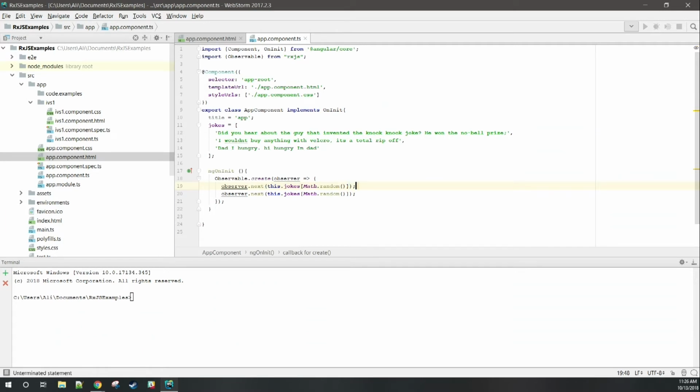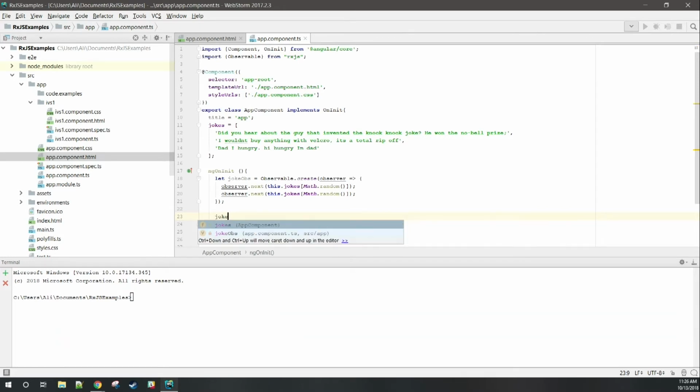Cool. All right. So now we can subscribe to it. So we do, gotta name this, joke observable. Now we're gonna do joke observable